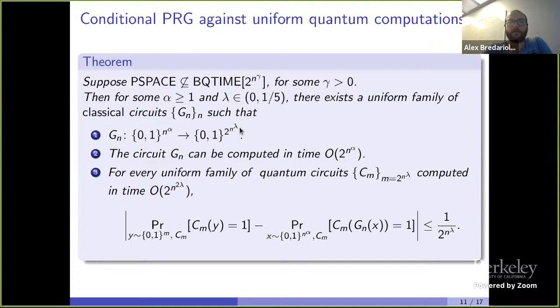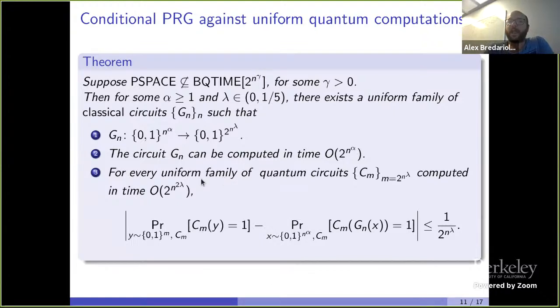Here you can think of lambda as just a constant between 0 and 1/5, and alpha is an arbitrary integer. We have two properties that we require from this PRG: first, that it can be computed in time 2 to the n to the alpha, and